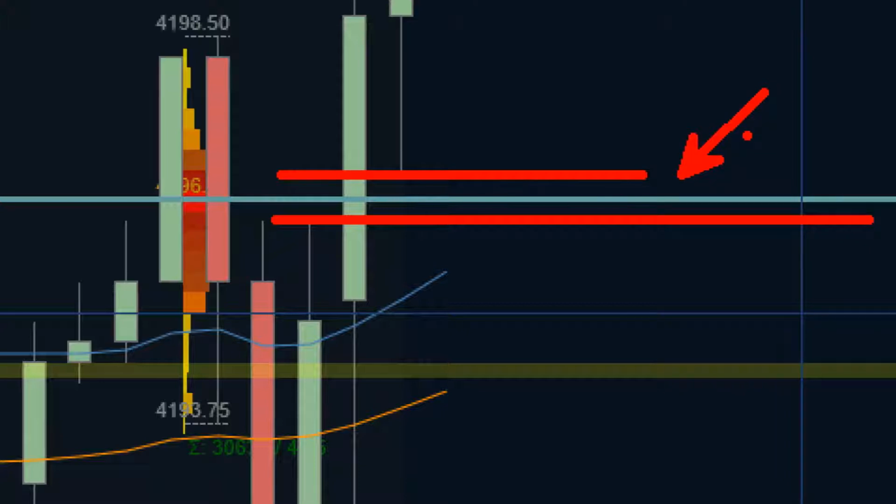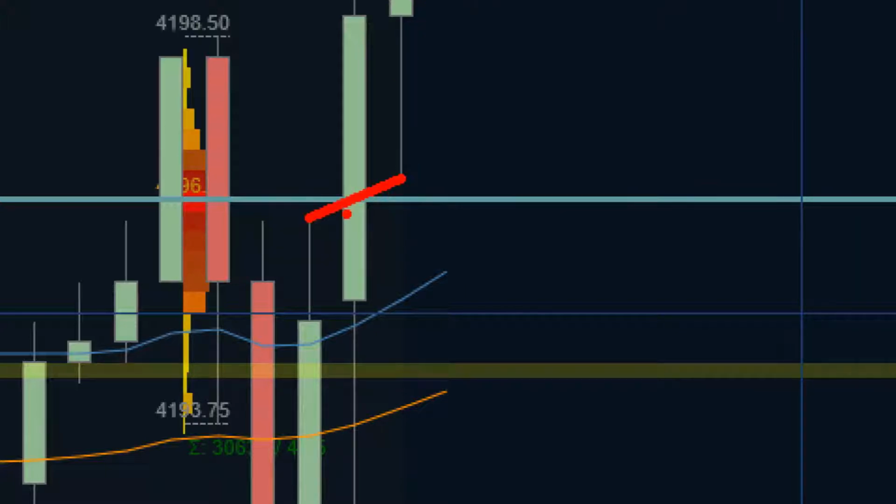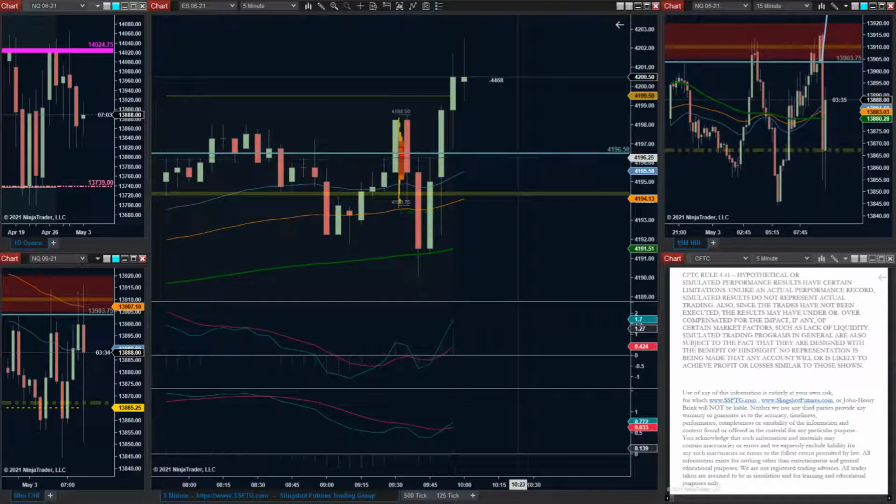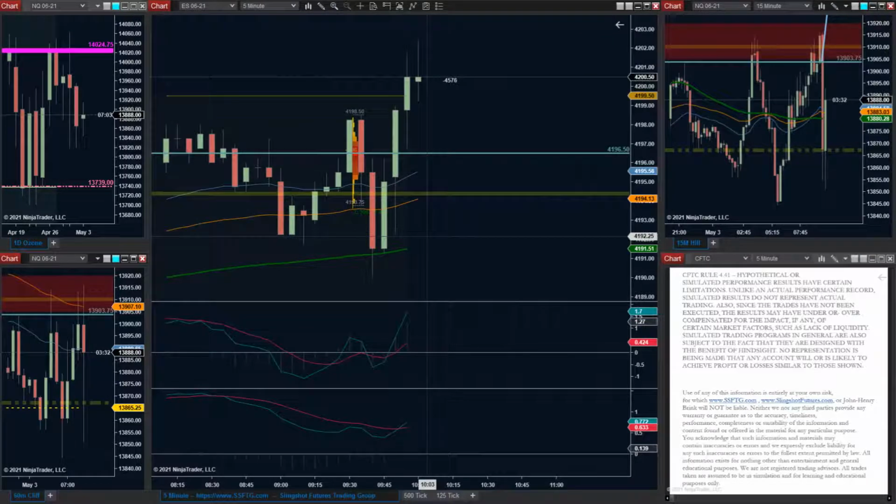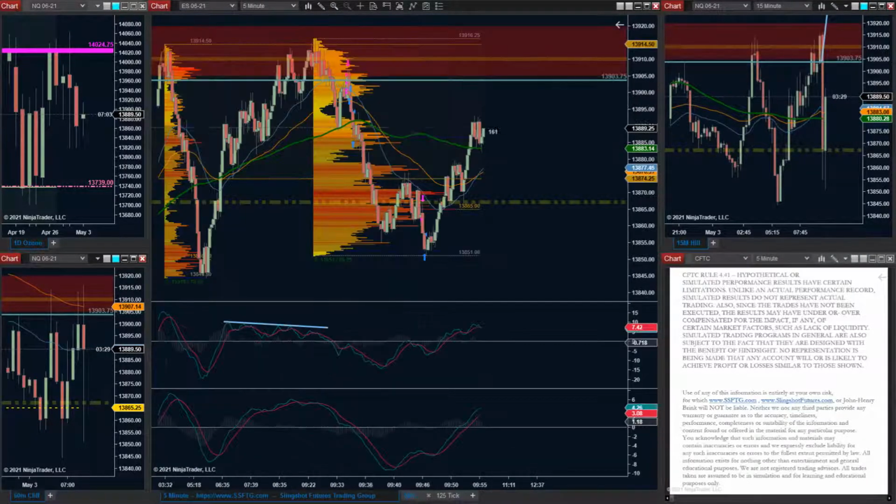The volume node. That's basically like, instead of knocking on the door, they knocked just long enough for them to look through the peephole and then just blasted the door open. I mean, they just didn't have a chance. Just screamed through it. That's an incredible amount of strength being demonstrated there. So even if you weren't using volume or order flow or anything like that, just seeing that candle separate away like that just above the first 5 minute, that's huge. They gapped above that double top. There's so much that happened there. It's nuts. So if they get a dip back down to the 9650s, you better believe scalpers at least are going to be looking.